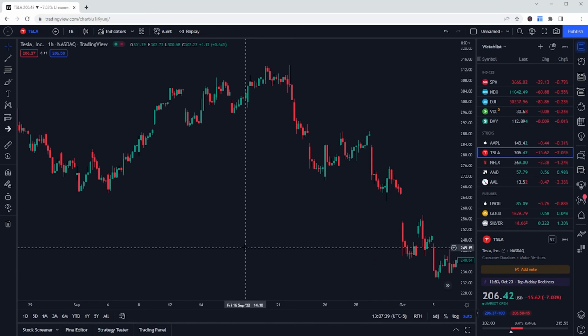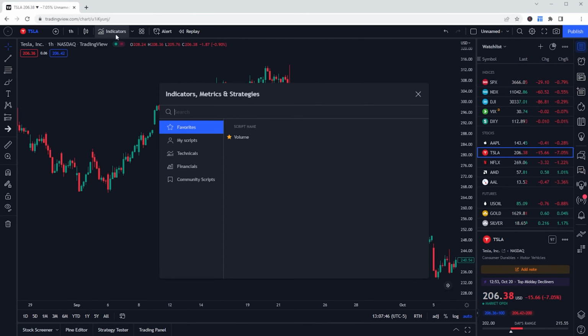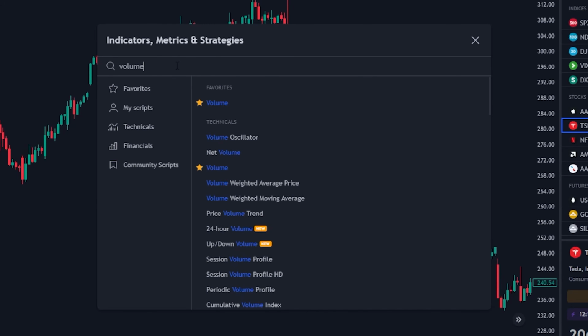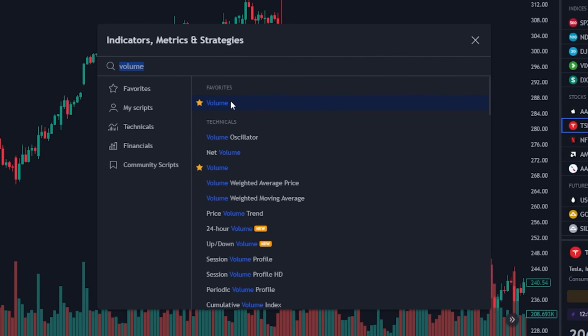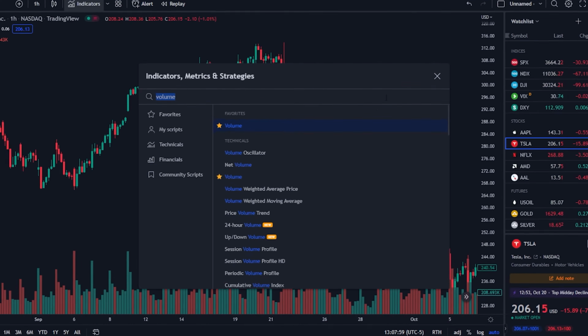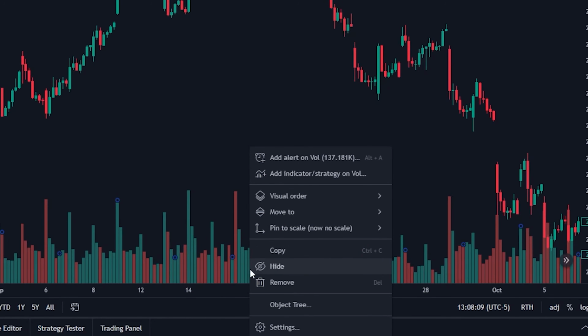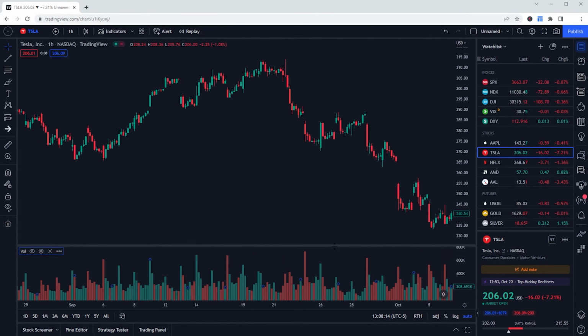Probably one of the most popular indicators to add is going to be the volume bars. So if we wanted to add those, we could come up here to the indicators menu, then come down below, and you can see I've already got it favorited. But if I didn't, I could just come up here and type in volume, then go ahead and click on it in the list below. Now that I'm happy with that, we'll just come up here to the upper right and exit out of this. And now remember, if I didn't want these volume bars to overlay the chart, I could just come down here and right-click on them, then select Move to a new pane below,